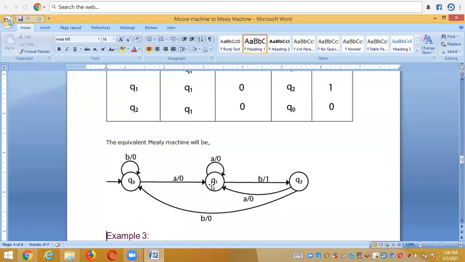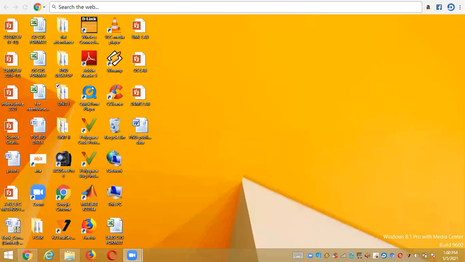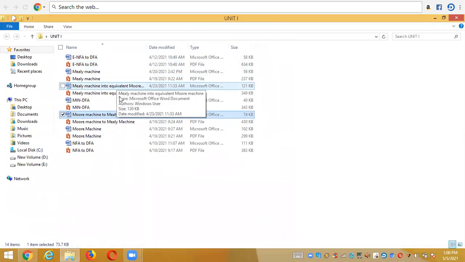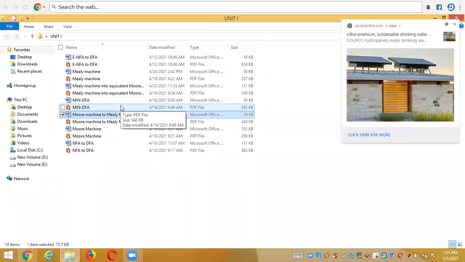I think you all understand the concept of converting from Moore to Mealy, and now I am explaining the conversion from Mealy to Moore. We have vice versa conversions for this concept, but when it comes to finite automata like NFA and DFA, we do not have vice versa, because only if the input is in the form of an NFA can we convert it into a DFA, or if the input is an epsilon NFA, then we can convert it into an NFA and then a DFA. But if the input is a DFA, there is no need to convert it into an NFA,